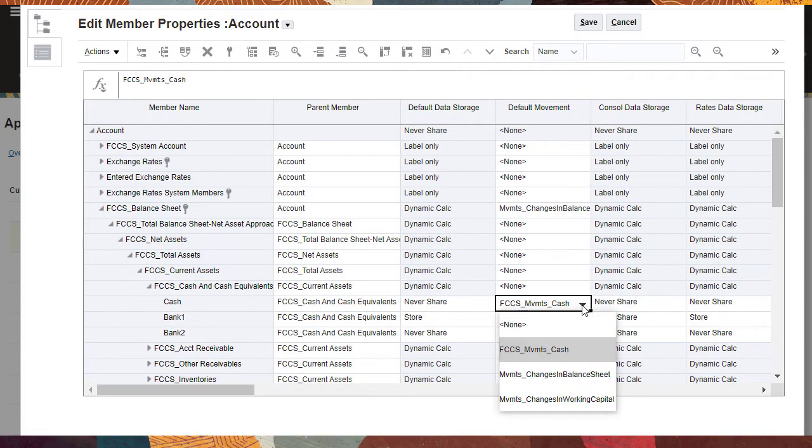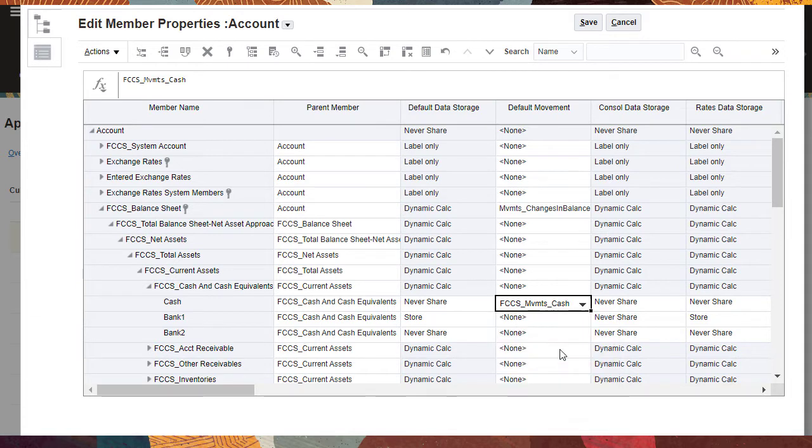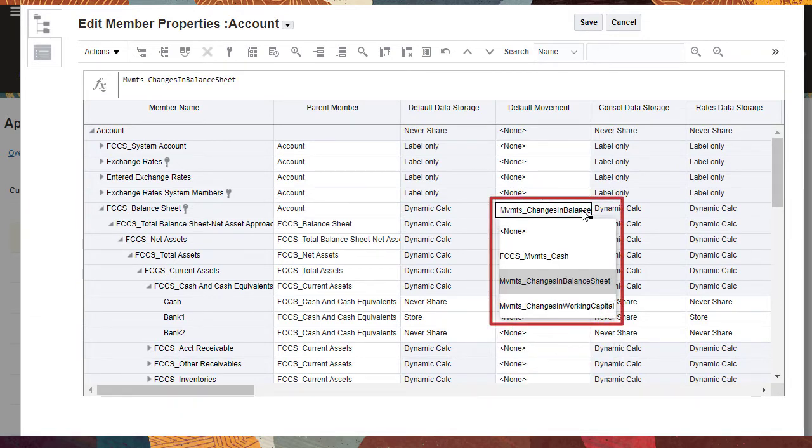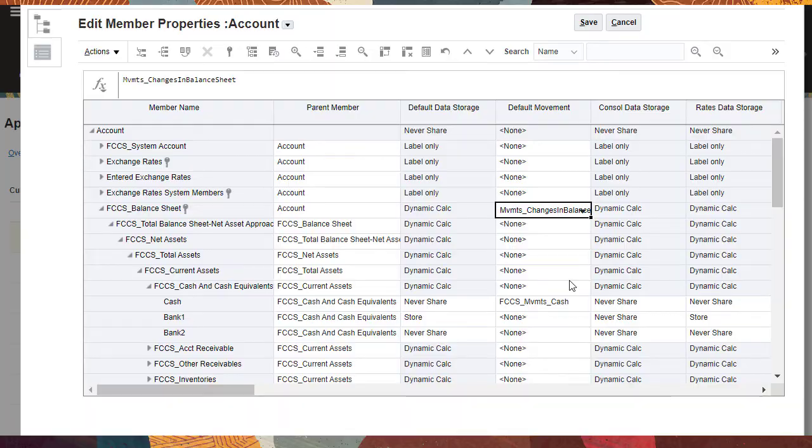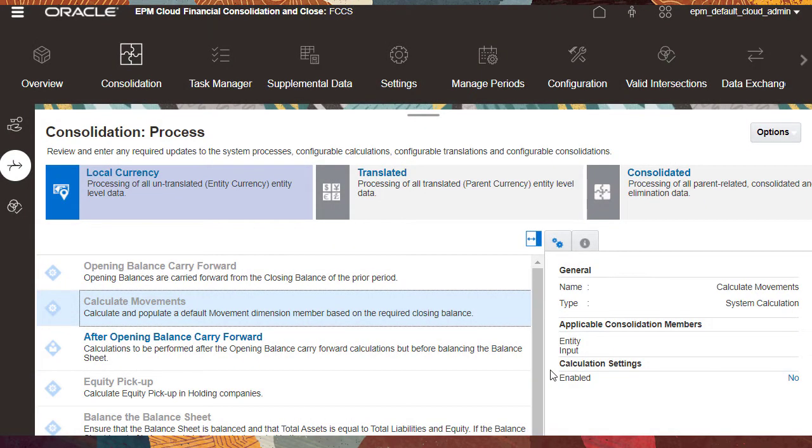The calculated movement amount is posted to the selected default movement for that account. You can apply a global default movement to be used whenever an individual Level 0 account has not been assigned a calculated movement member. The Calculate Movement System rule can be enabled or disabled anytime.